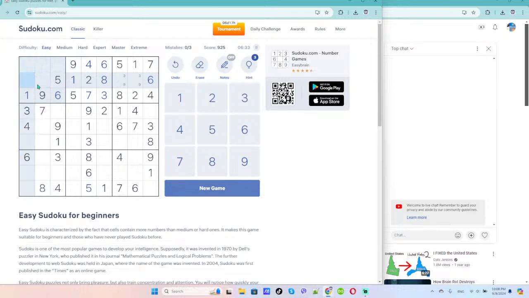These cells are 4 and 7. But these numbers already exist here, so we know which number goes in each cell. And now we have three empty cells, 2, 3, and 8. 3 already exists here and here, so we put a 3 here, 2 and 8. 2 and 8, we have another pair of numbers,